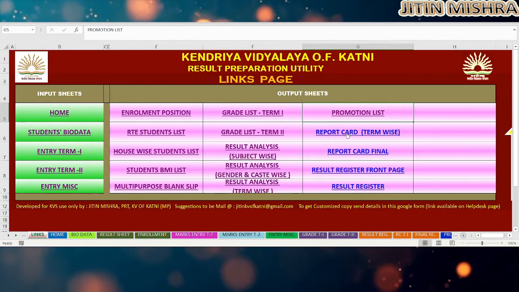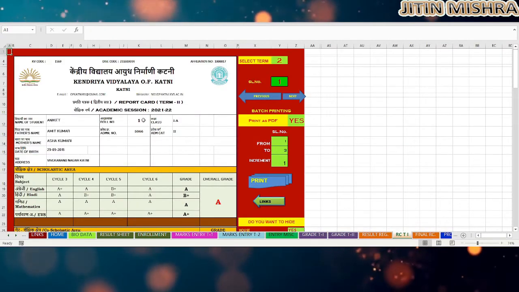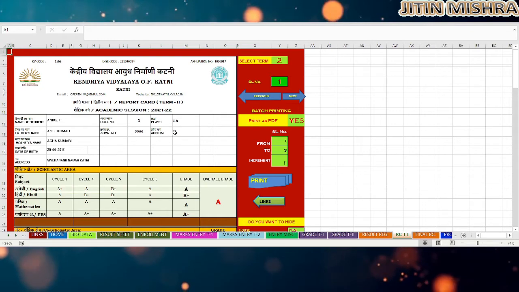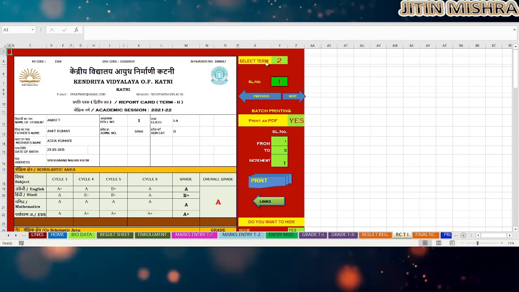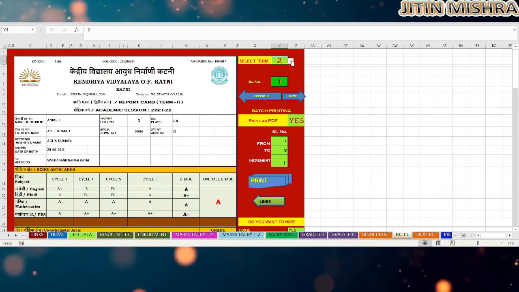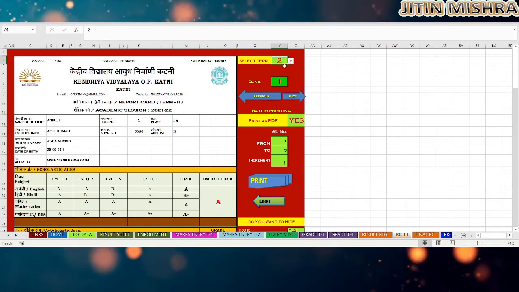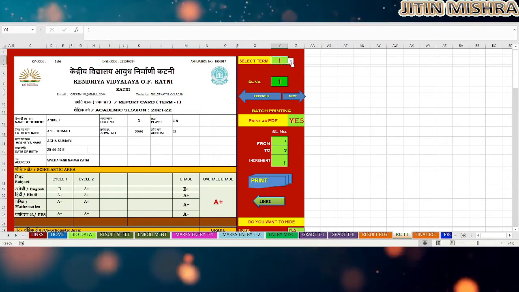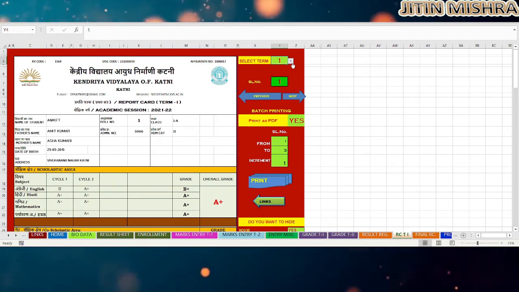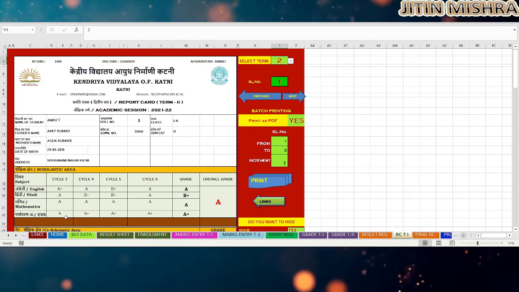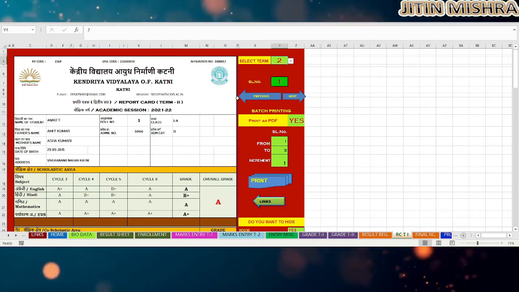Then the most important section is the report card. In this report card, you will see various options are available for you. First option is select term. If you want to print the report card for term 1, press 1. It will show the cycles of term 1 only. If you press 2, then it is for term 2.